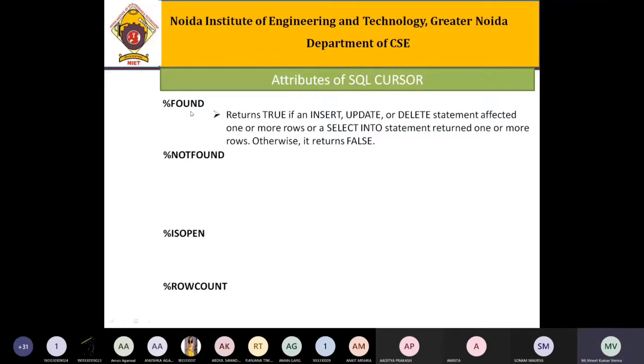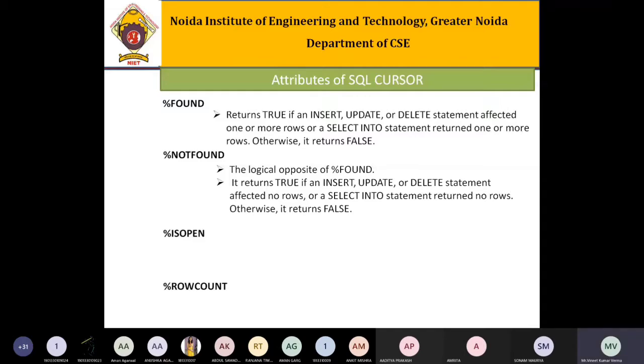That means no row is affected. In that case, it returns true if an INSERT, UPDATE, or DELETE statement affected no rows, or a SELECT INTO statement returned no rows; otherwise it returns false.